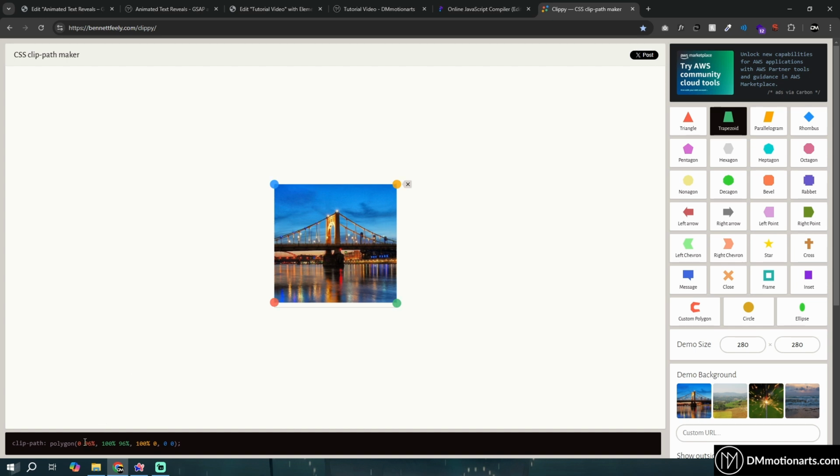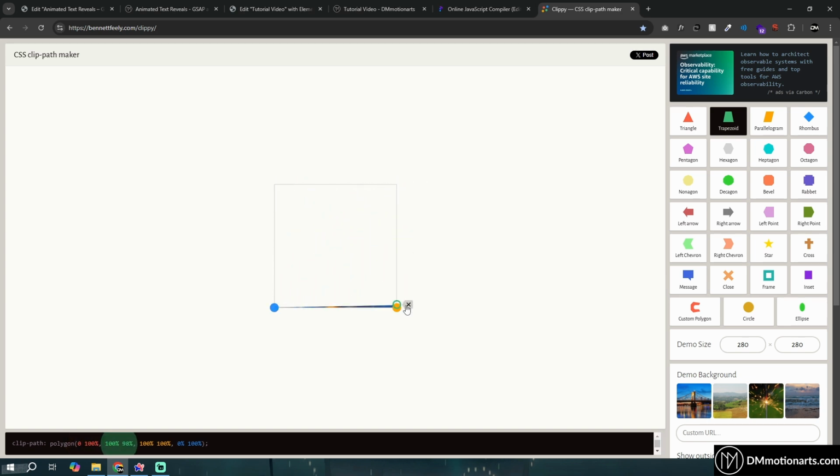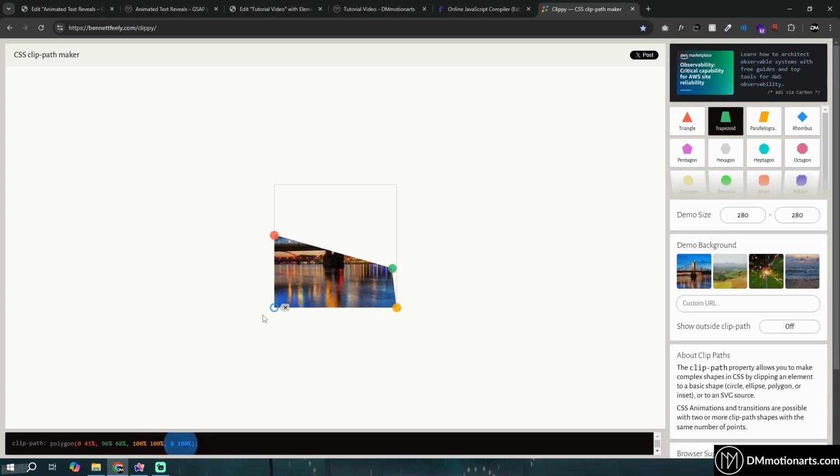Okay. And this is very easy to understand if you know X and Y coordinates, which you have learned in school. One important thing to keep in mind is that, let's say if you make this red point go down and then the green point go down, and then if you try to make it go up, you could see we are not selecting the red point anymore. And that is one thing to keep in mind, make sure your red point is always here, because then you're not changing the accurate values, right? So you could do stuff like this. And the reason for that is simply, we want these 2 points to be around here, right? We do not want the blue and orange to move at all. We only want this to move,